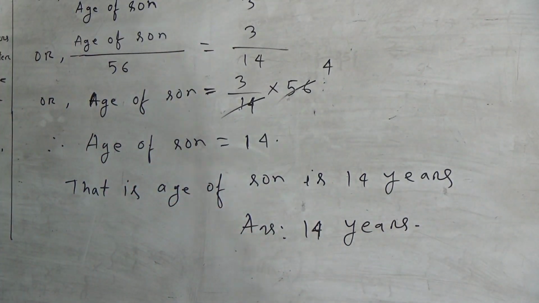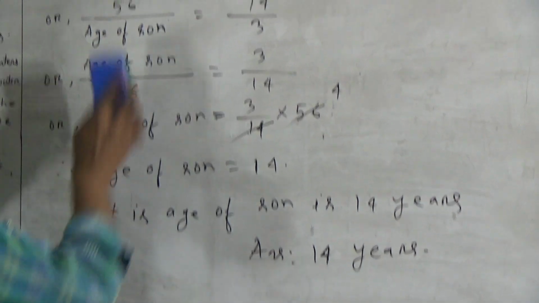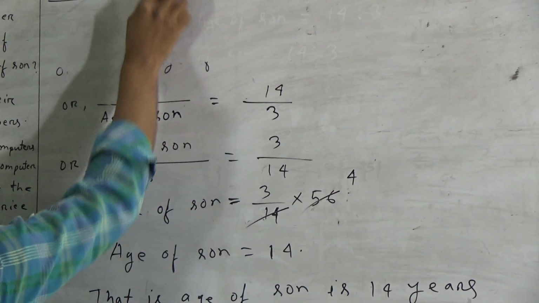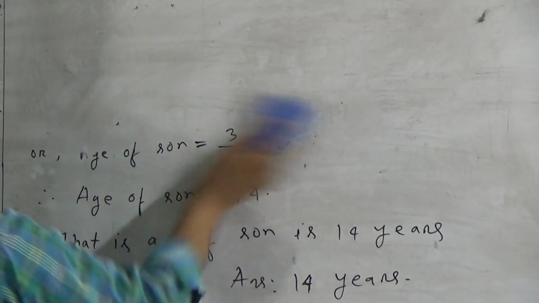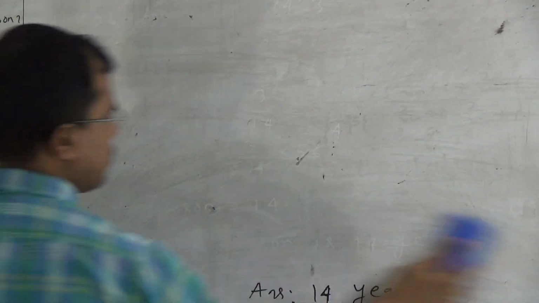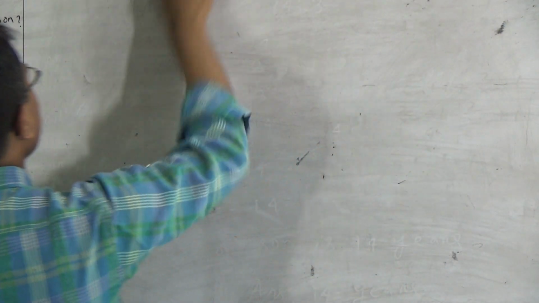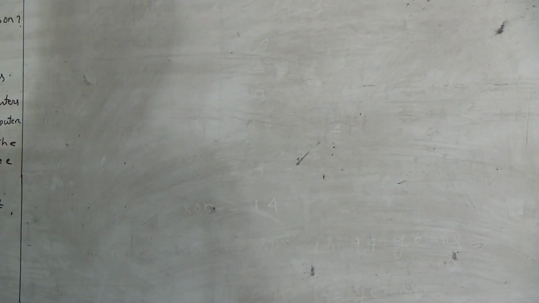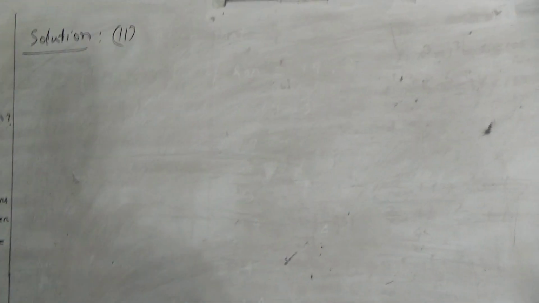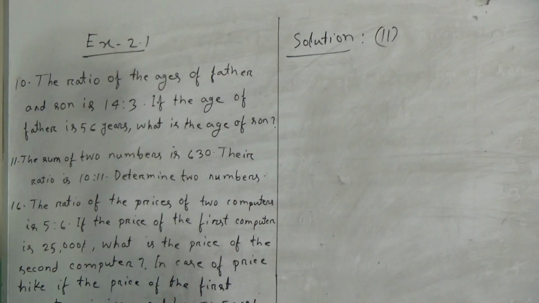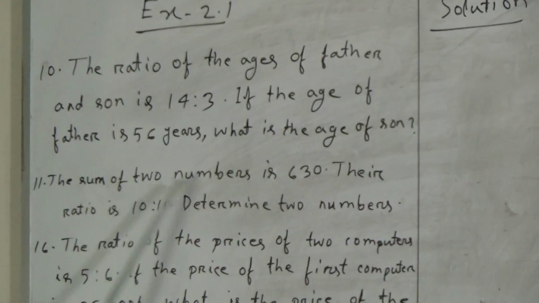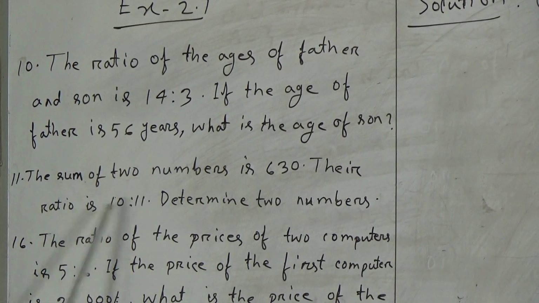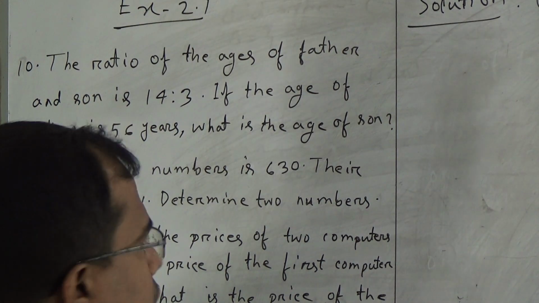Dear students, we have solved 10 number, now we will solve 11 number. Here the question is, the sum of two numbers is 630, their ratio is 10:11, determine two numbers. Here sum of two numbers is given and their ratio is also given, and we have to find out the numbers. At first we write given that